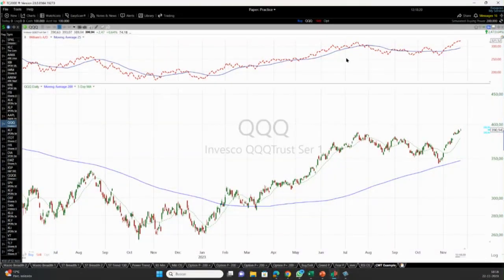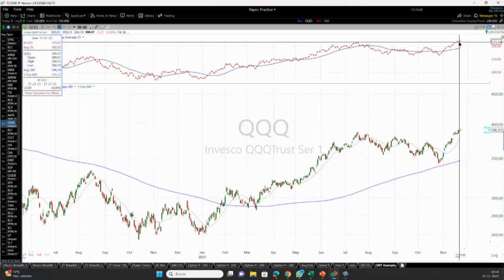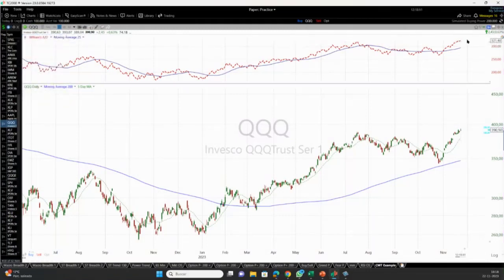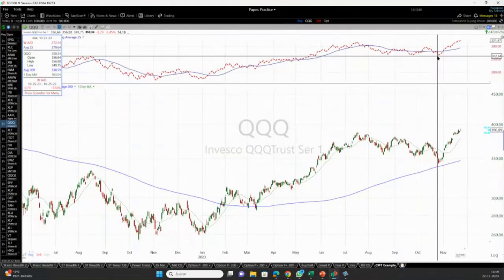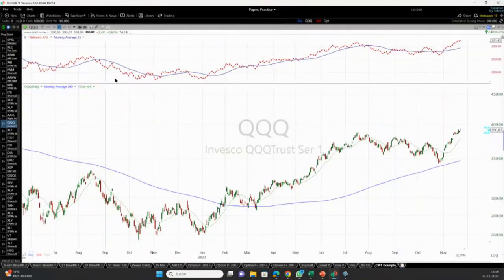And for a more intermediate trend, so this is the long-term trend, this is the short-term, I like to use the Williams accumulation distribution. Well, you can read about it if you don't know about this indicator. I think it's really useful because it trends, and it kind of shows you the interior, like the relative strength of the stock within itself. So for example, if you're making new price highs with new Williams accumulation distribution highs, that's a good thing. And for example, you see divergences like here, like this low of the Nasdaq wasn't really supported by a new low in the Williams accumulation distribution.